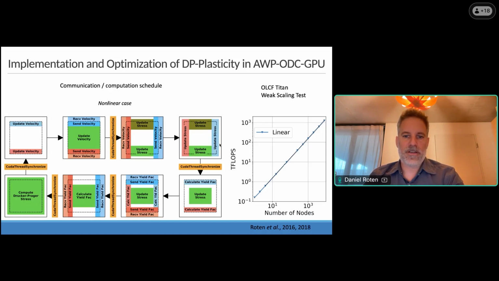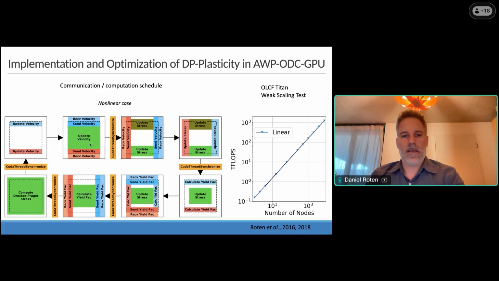So instead, we trade memory for flops and recompute a lot of those parameters which are needed during each stress update on the fly during each iteration. This only slightly increased the computation time, in this case from 54 to 55%, but it saves quite a lot of memory. We figured there are some parameters that are more expensive to calculate, so we prefer to just keep them in memory to have a good trade-off between compute time and memory use.